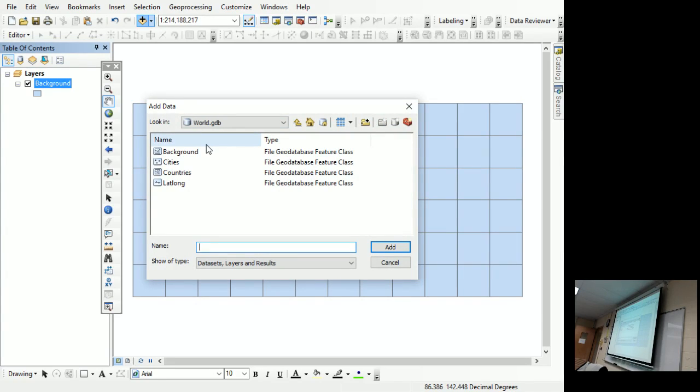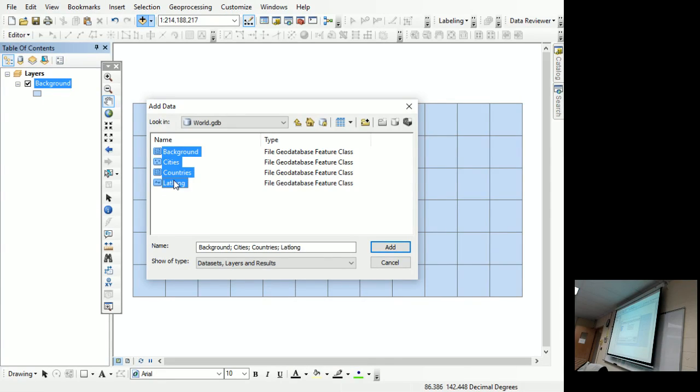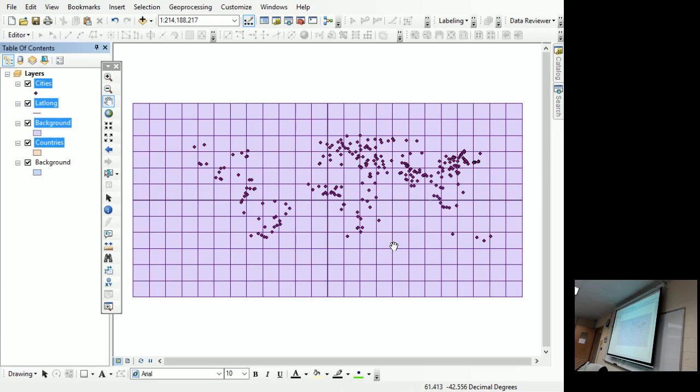As a shortcut, you click the top one, hold down the shift key, click the bottom one, and it selects all of them. I'll do that again. Click the top one, hold the shift key, and it selects all of them. If you click one and hold the control key, it only selects one at a time. So we'll add all 4 in.